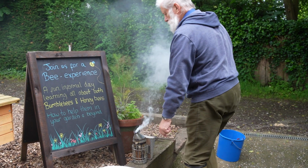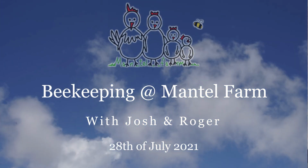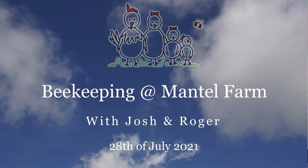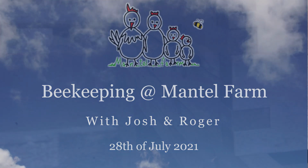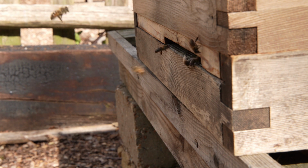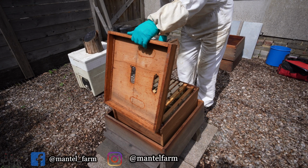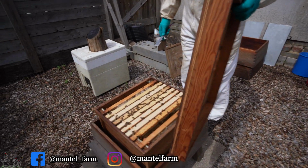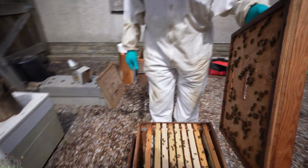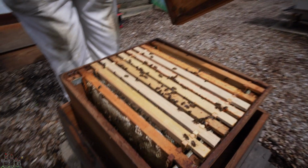It's a week on since we created our WBC colony, so let's have a look and see how they're getting on. And we've got a coverboard covered in bees, which is a good sign. We've got some nice big fat combs at the top there where they've